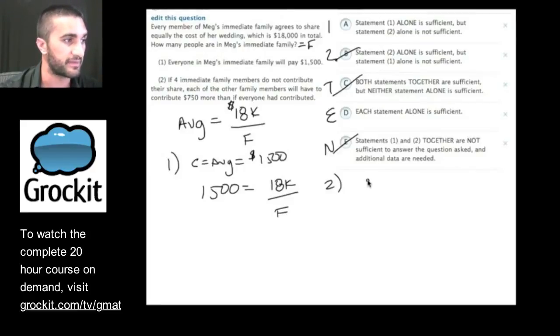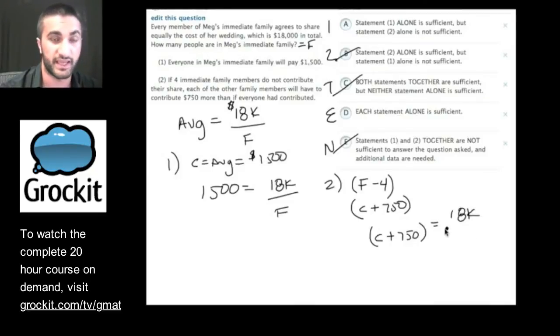If 4 immediate family members do not contribute, so we take f minus 4 is the number of family members in this situation. And we said c was their contribution. So this would be c plus 750. But the total is still the same. So what did we say? The average, which is, in this case, c plus 750, is equal to the total, still the same, by the number of people. This time it's 4 less. So if 4 fewer people pay 750 each more, we still have a situation where now, in this situation, what did we have? We had